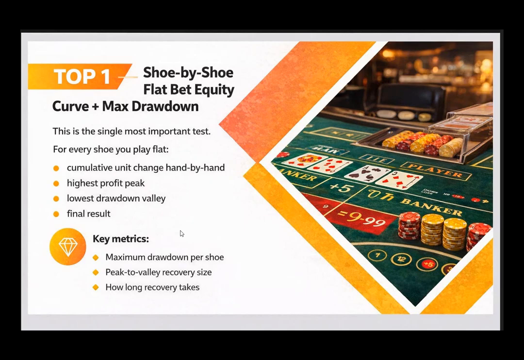All right. And the way you do that, you play it at $1 flat bet. And what you're going to do, you're going to go through the shoe. You're going to see how high you were able to get and how low you went. And then you're not just going to do that for one shoe, because I know a lot of us think, oh man, I did 20 units on this one shoe. So guess what that means? It means we're going to do 20 units in the next one. No. Okay. What you want to do is do multiple shoes where you're looking at this particular metric,